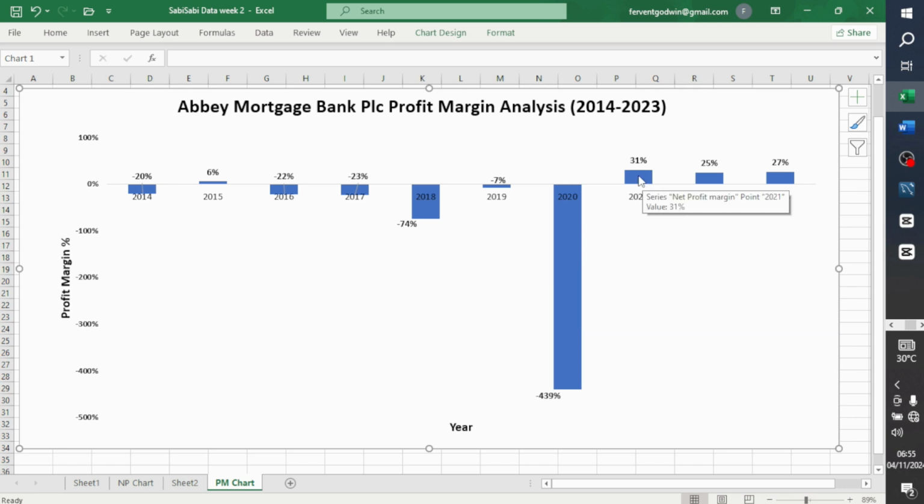And then there was a slight dip. So if you observed, here's why I said this is more specific. If you observed my previous video, you will see that there was an upward trend in 2021, 2022, and 2023. For that video, the net profit for 2022 was higher than 2021, and the net profit for 2023 was higher than 2022. But here, in relation to the revenue, we see that the percentage was lower.